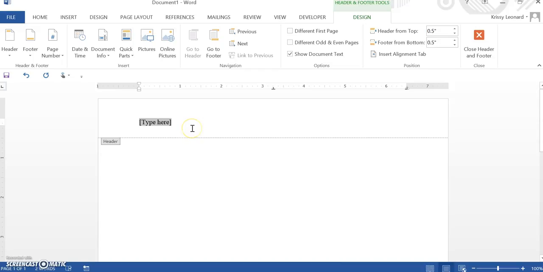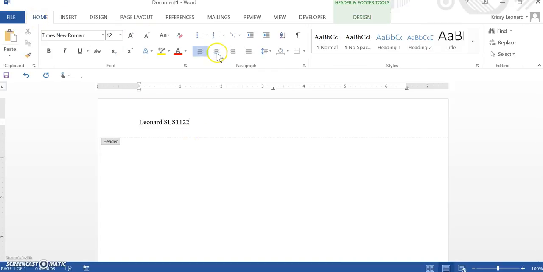So for example, if I'm going to say it's my last name and the class, and you want it to be right aligned, which would be on the right side of the page, what you would do is, again, you would come to the home page for alignment, and this is where you choose alignment from the paragraph. And that would be left is where you're going to write your paragraphs, right might be where you put your headers. So it moves it over there. Don't just use the space bar or the tab bar. Use the actual adjustment that you need from there. So that's how you're going to insert a header.